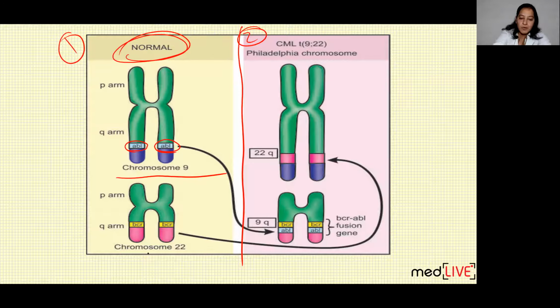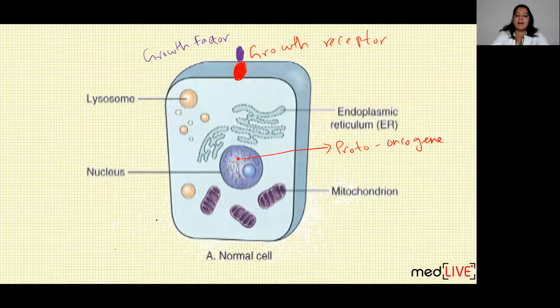And chromosome 22 contains another gene which is known as BCR. BCR is the name of the gene. You can see the yellow colored gene. I have marked it for you. So ABL is present on both chromosome 9s, and BCR is present on chromosome 22. This occurs normally. Just imagine, this is the nucleus of the cell. Inside it, chromosome 9 is present. This is the pair of chromosome 9 and this is the pair of chromosome 22. On chromosome 9, ABL is present. And on chromosome 22, BCR is present. So this cell is normal.